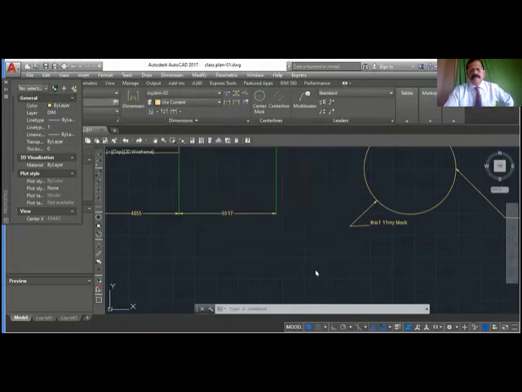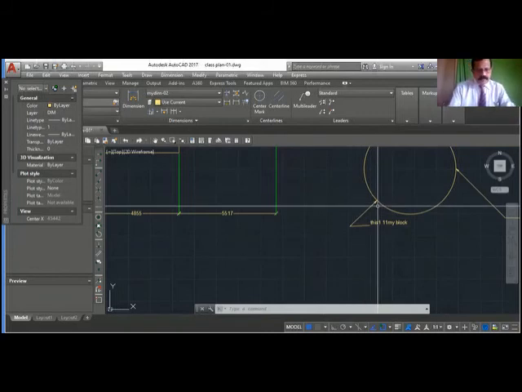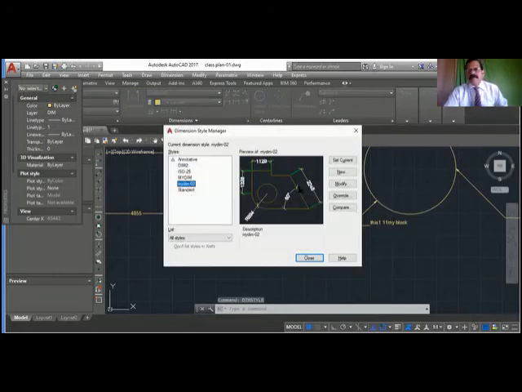Okay. You see, it changed, but it did not change here because that is separate settings. You see, it changed to tick. It did not change. For leader, always you require the arrow like this. So if you want to change this also, dim style, select your dimension style, modify.